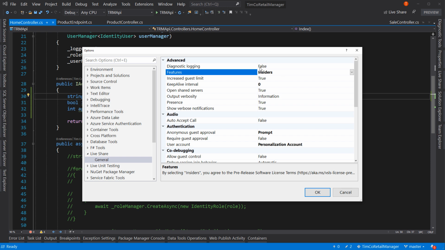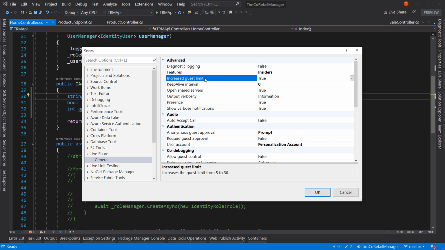Now, in this section here, there's a few features. And since I'm using the Insider build, one of the options is increased guest limit. So it increases the guest limit from 5 to 30. So this is a brand new feature. And it allows you, like I said, to share with up to 30 people. 30 people read-write? First of all, I'm not even sure you could do that. Maybe you can. That'd be crazy if you could. My assumption is that that is for read-only. But I can't really test that, unless I get a classroom together and we do that. But even if it's just for read-only,